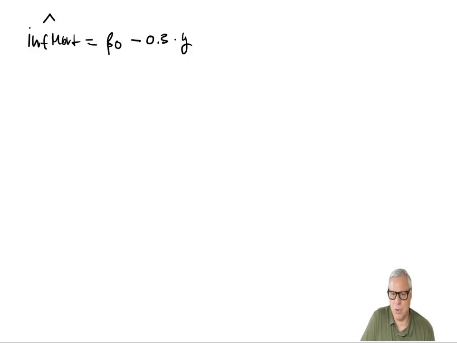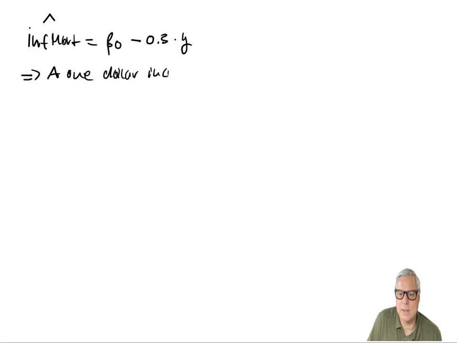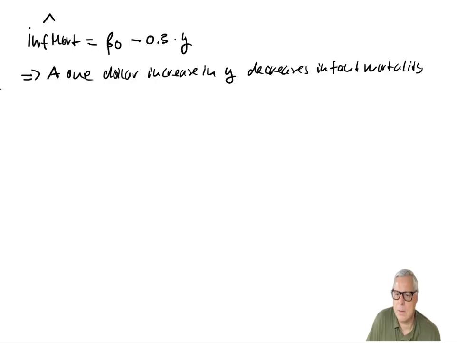So nothing is transformed. What that means is that how we have to interpret that is a $1 increase in GDP per capita decreases infant mortality by 0.3. And this was per 1,000 live births, so by 0.3 per 1,000 live births. Okay, things become different when we work with